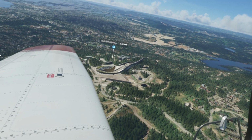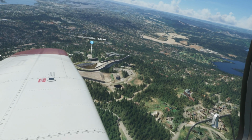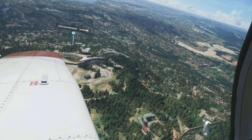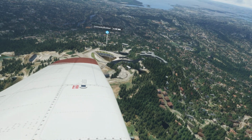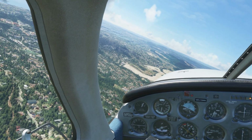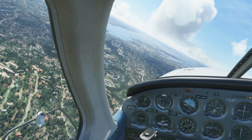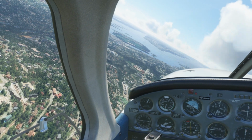Hello guys, welcome to Microsoft Flight Simulator once again, and I'm going to basically give you my final conclusion for Microsoft Flight Simulator. As you know, I've been doing a series on the PIMAX 8KX in various sims, and it's now Microsoft Flight Simulator's turn. And the headset I'm using right now is the one that I've decided to pick and I prefer. But it's not been an easy decision to make, because let me just tell you the things I love about